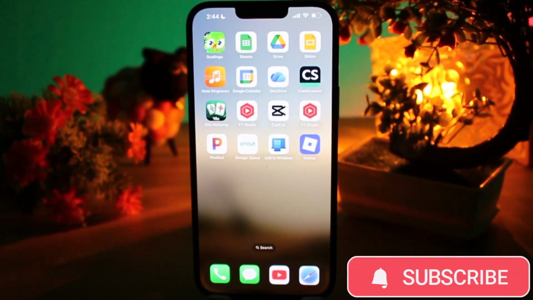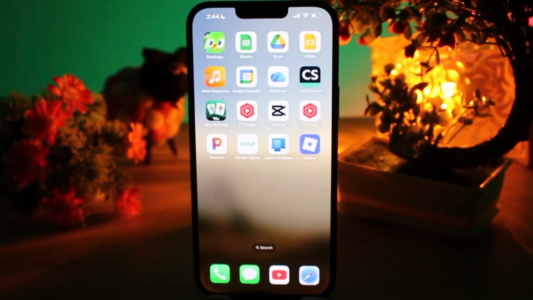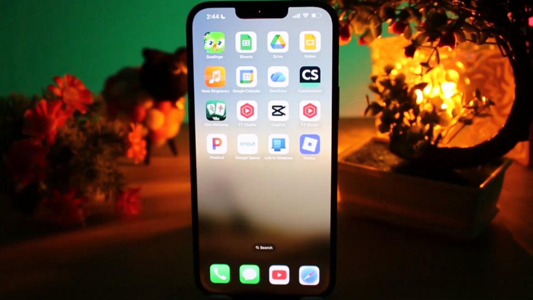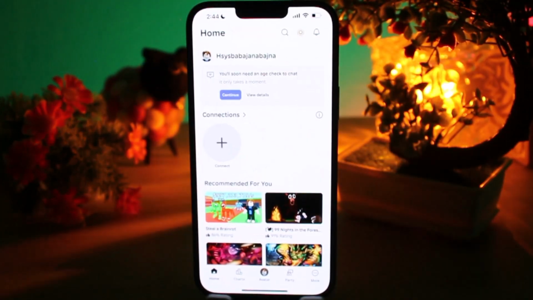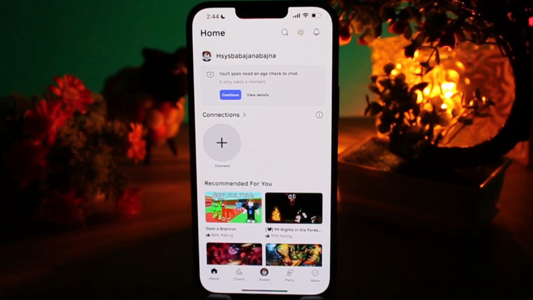In today's video, I will show you how to fix the unknown shift lock glitch on your iPhone. Let's get started. First, open Roblox on your phone, make sure you are logged into your account, and go into any game. Once you are in, tap the three dots at the bottom right corner to open the menu, then